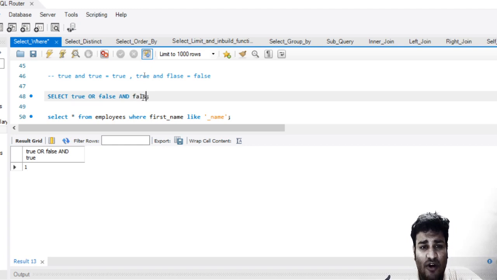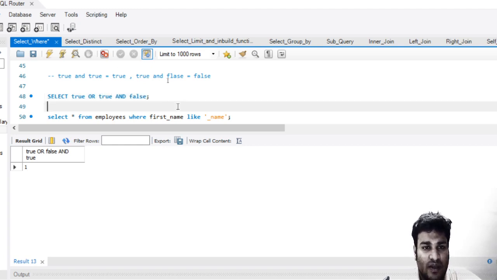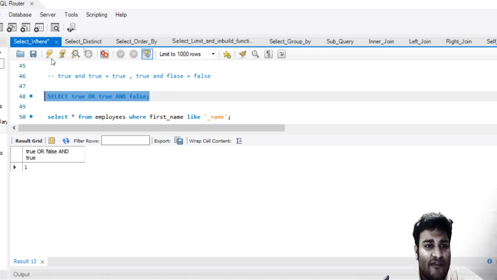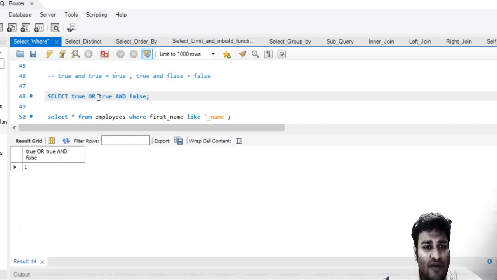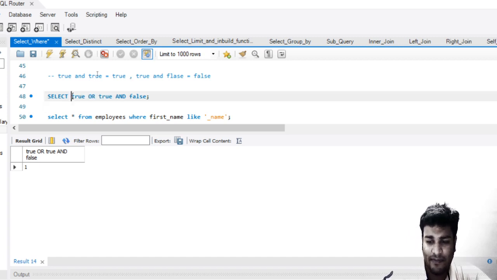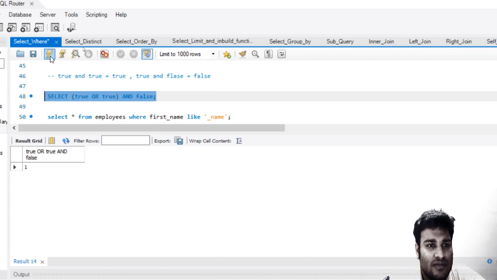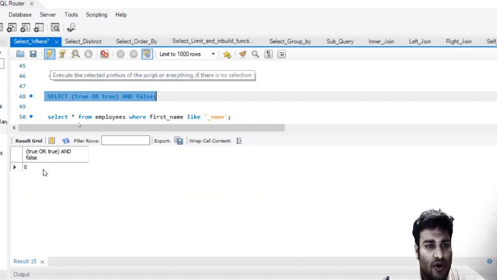So let me give false over here and true over here, right? So this will again give me true, because true and false is false, but true is true and true or false is true. But if I apply a bracket over here, now this will give me true or true, true, and true and false, false. 0.